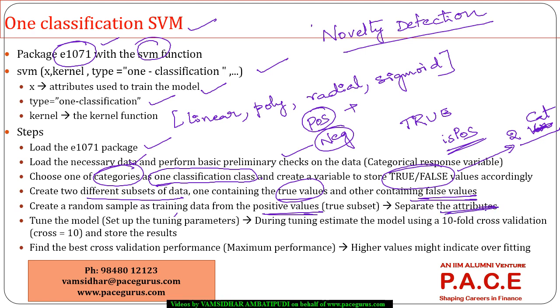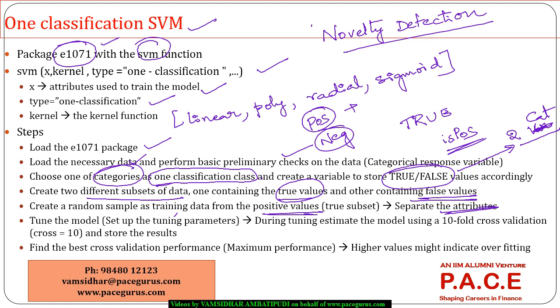We have separated the attributes, right? We have called train data separately and train y separately. Now we can get into the estimation of the model. We can either directly estimate the model using the default scenario, or we can get into the tuning process, either of the ways. So if we go ahead directly in terms of assessing